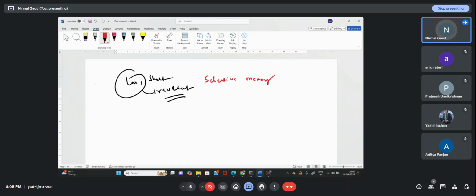You can use LSTM in time series problems also and in text also, that means sequential data, ये दोनों में आप LSTM का यूज कर सकते हैं।